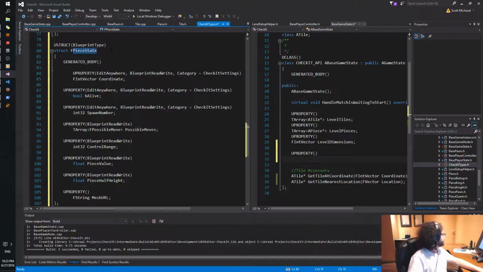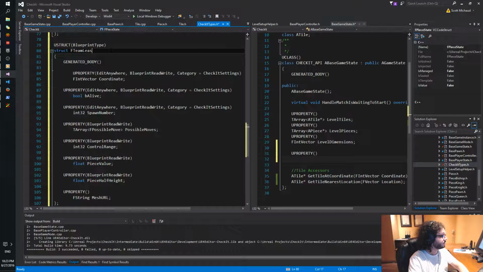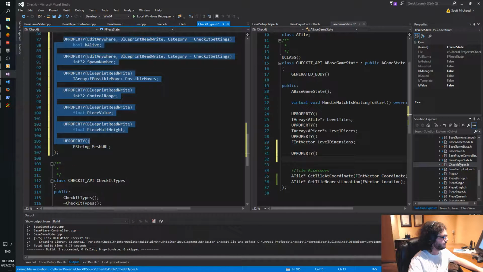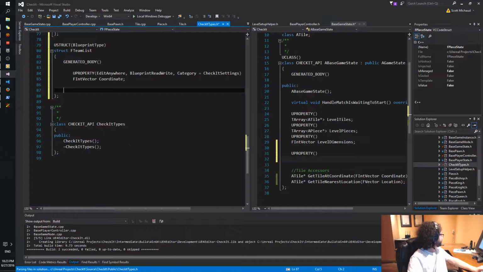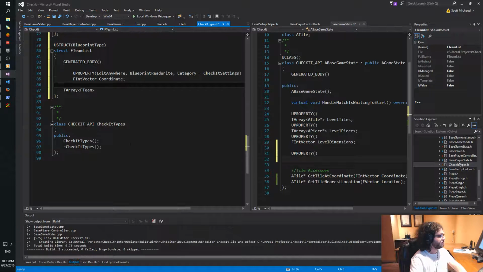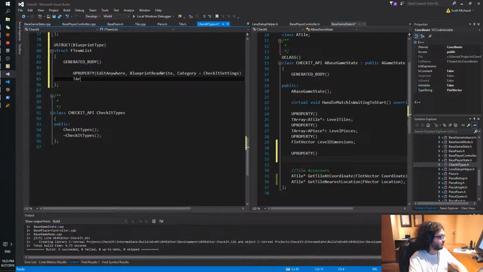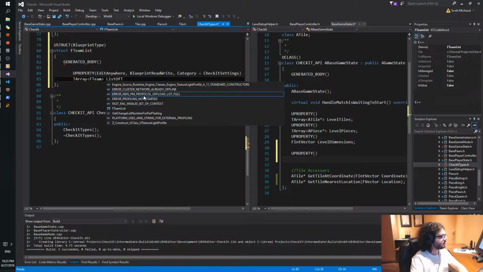FTeam list. And then here, TArray of FTeam. Oh, sorry. A list of teams.